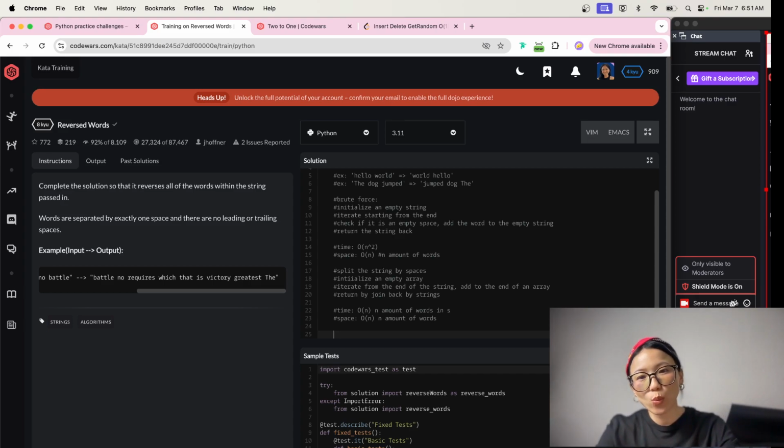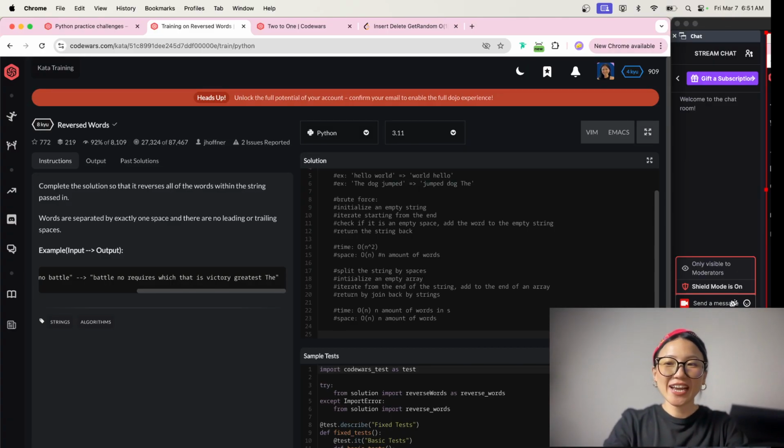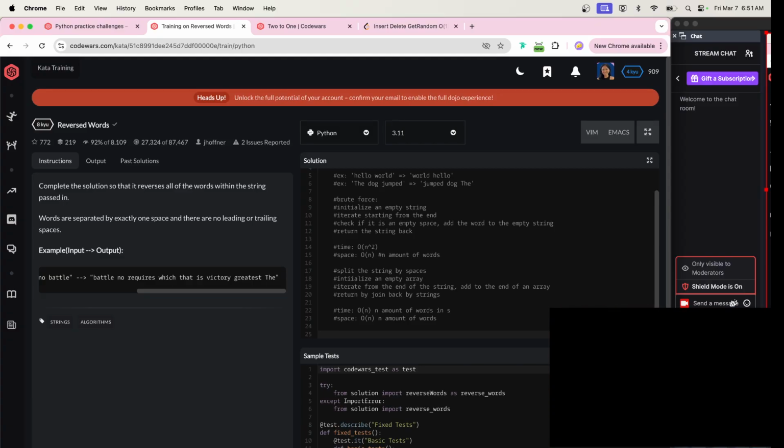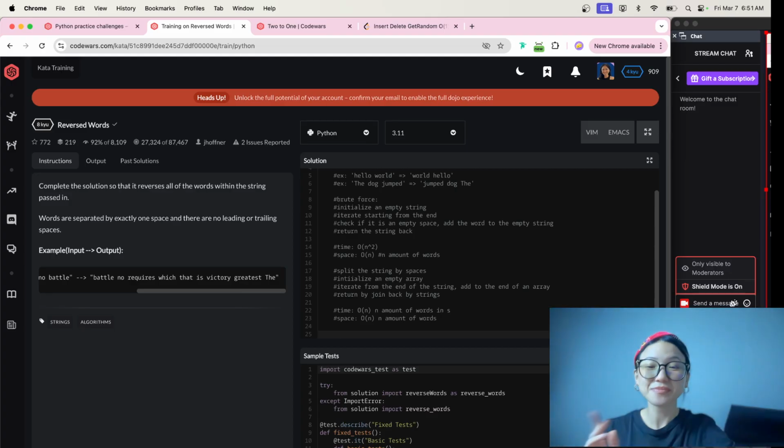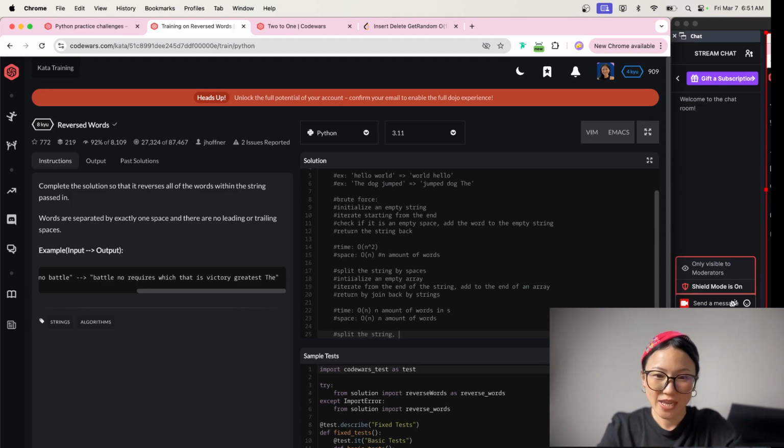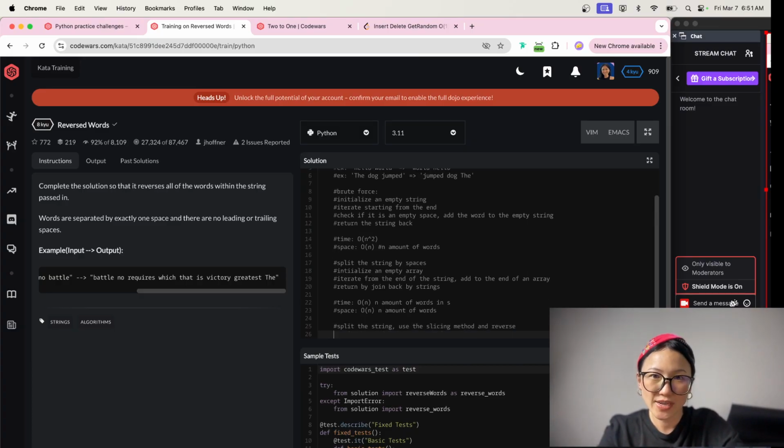And I know that Python is really good at making things less verbose. I believe we can use the slicing method for this. What we'll do is split the string and then slice it with reverse. So we're going to say return